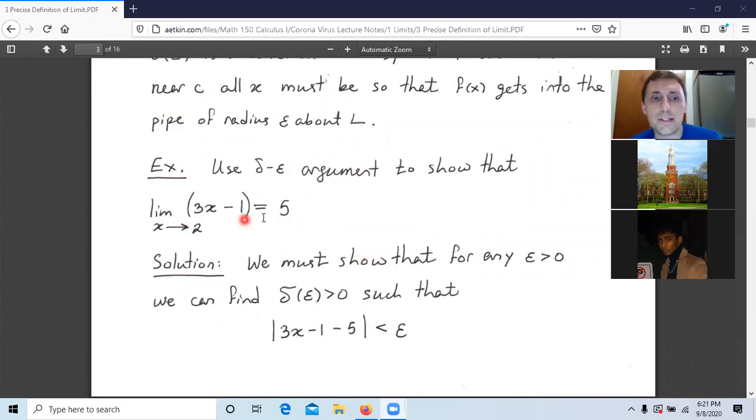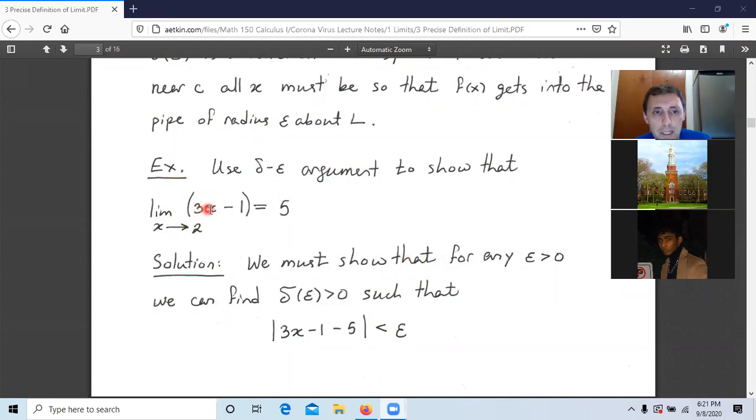And then suddenly you were successful with the particular epsilon that you were assigned. And the question that you are trying to answer is then, how tightly did you squeeze the input valve? You want to know what was the distance between x and 2